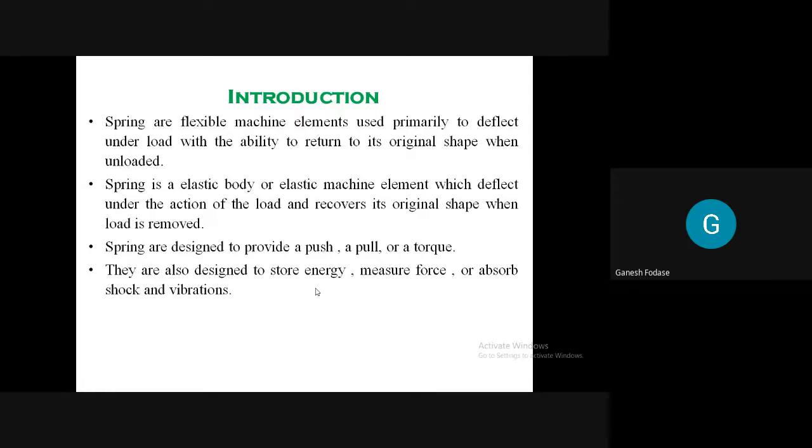See, if you look here, I classified the spring applications into three types. One is used to store energy, then to measure force, and to absorb shocks and vibrations. So in dampers or in vehicles, springs are used to absorb shock. Yes or no? So when I ask you where springs are used to absorb shocks and vibrations, the application is